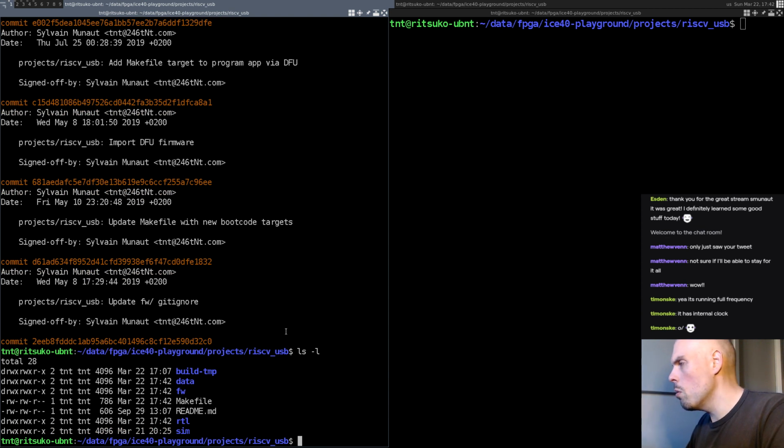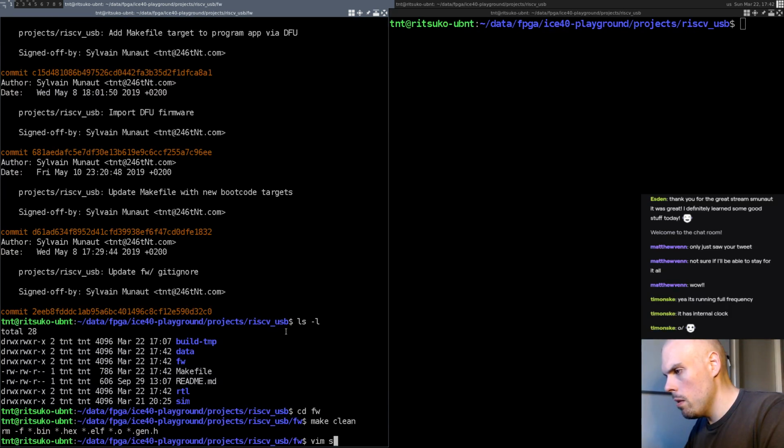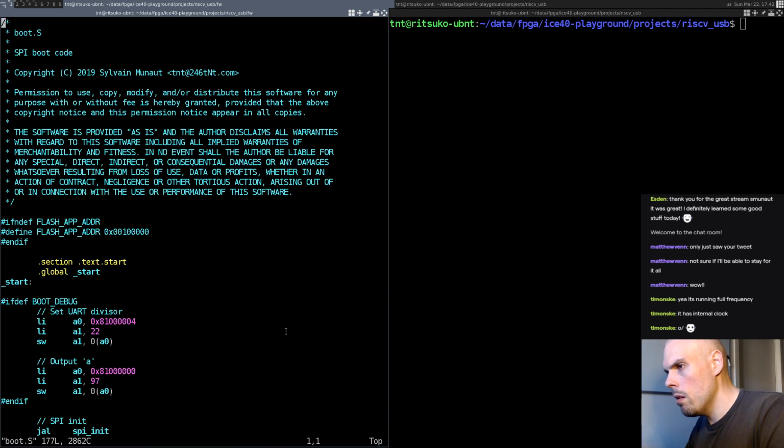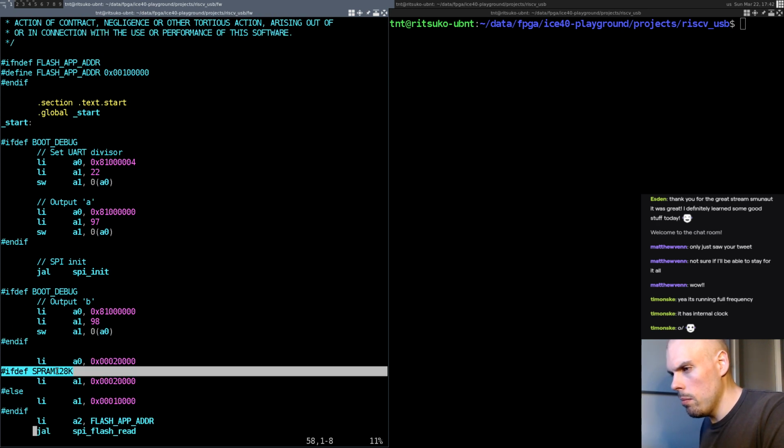I've just switched to a tree that doesn't have the HyperRAM controller, and what I'm gonna do is bump the memory to 128K, so I can actually run